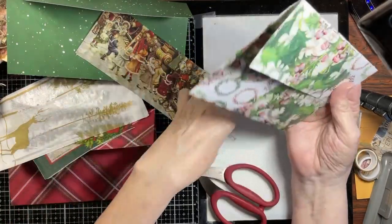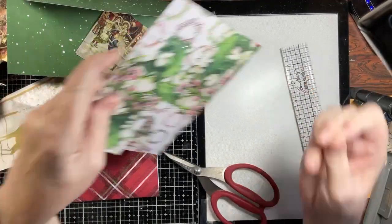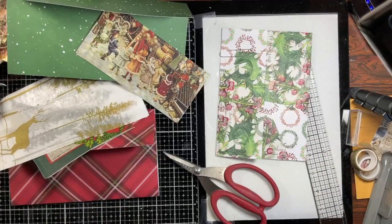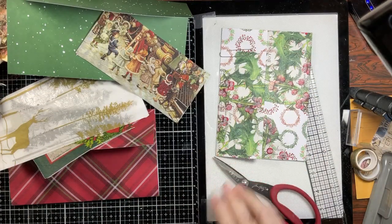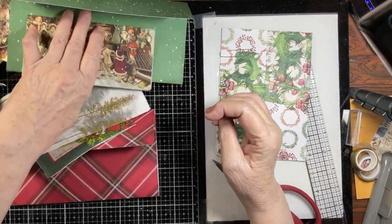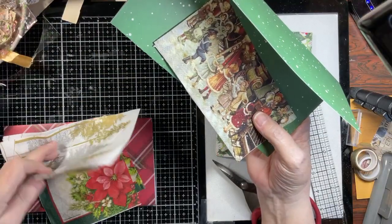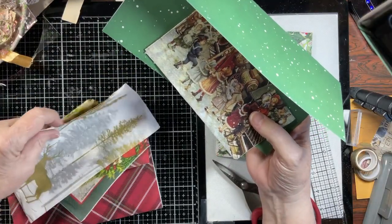And so that's what I'm doing today. I just thought, let's see, we can get some of these made up because they're just cute and we can do so much with them later. So what are we going to work on next? Maybe this one here, just because it's laying here. So I went and,